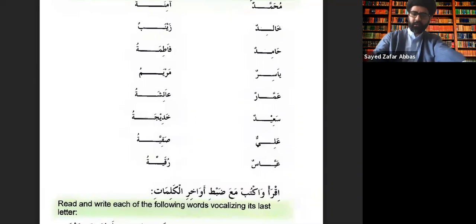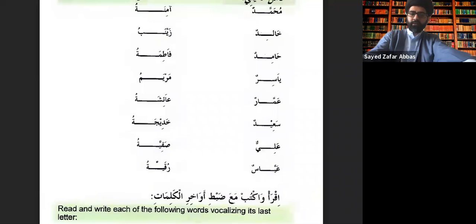So Amina, Fatima, Aisha, Khadija, Safiya, Ruqayya, they're all ending in ta marbuta, okay? Because that's the alamah, the sign of a word being feminine. Of course, Zainab and Maryam do not end in ta marbuta, but we know that Zainab and Maryam are also